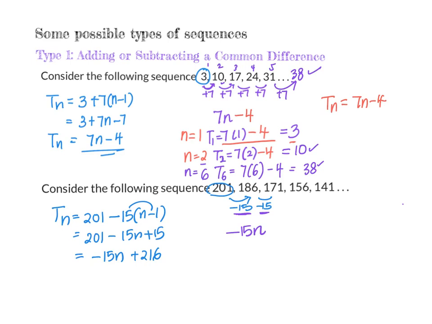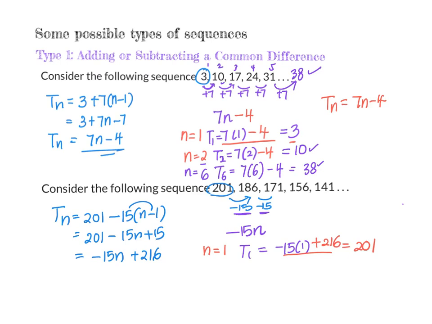When n equals to 1, if I have the formula to be term 1, negative 15 times 1, what do I need to do to it in order to get the number 201? Well, I need to add